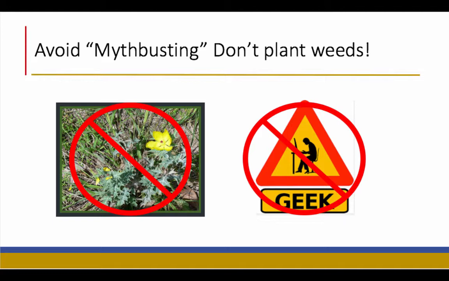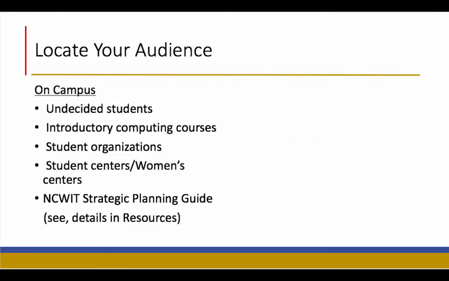And instead, a better approach is to recognize what those stereotypes are when you're communicating with students. Know them in your own mind, but do not repeat them. You should counter them though. So if people think that computer scientists are only interested, for example, in a very narrow definition of computing, then what you want to do with your role models, for example, is to show your students people who are computing students or computing professionals, experts, who have a wide range of computing interests and experiences.